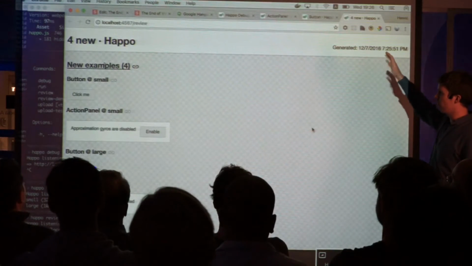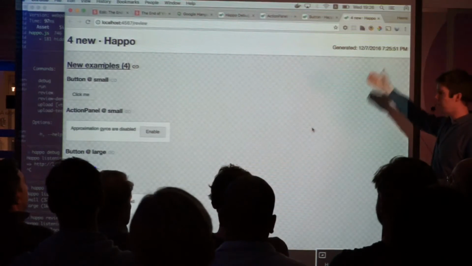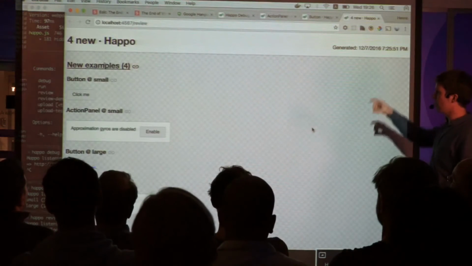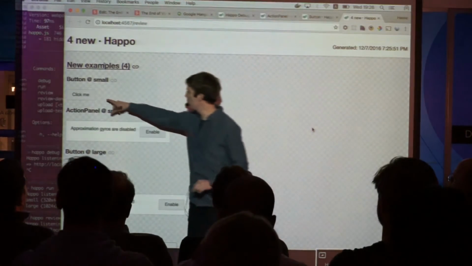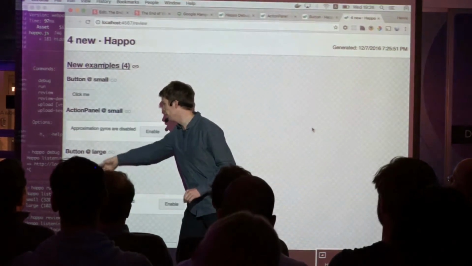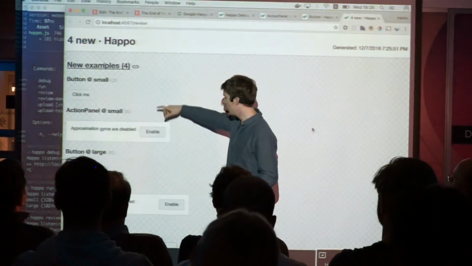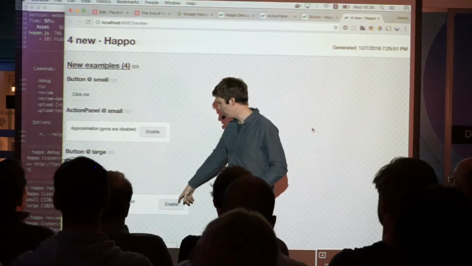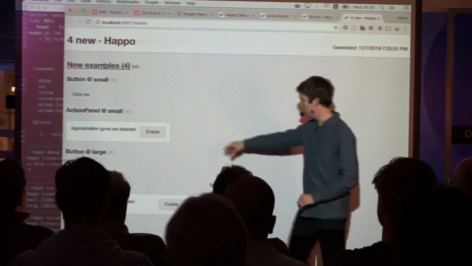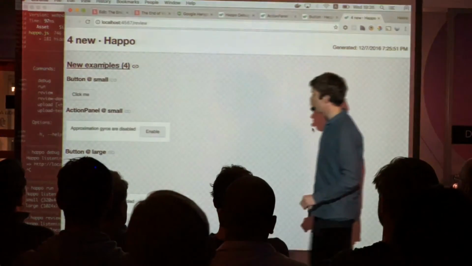This is where the result of your last Happo run are presented. So in this case, we just have 4 new examples. We see the button in a small screen looks exactly like the button in a large screen, so that's not different. The action panel in a small screen and in a large screen is down at the bottom. We see that they're different in size.